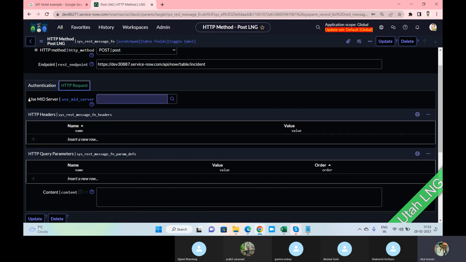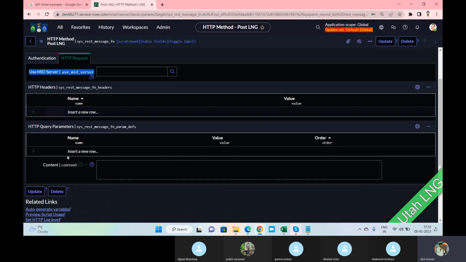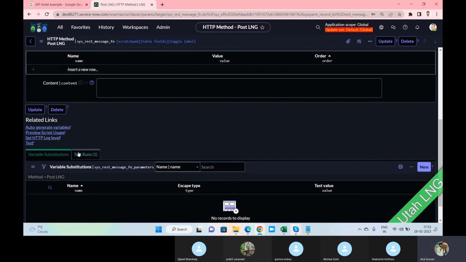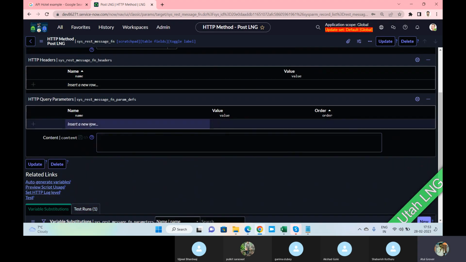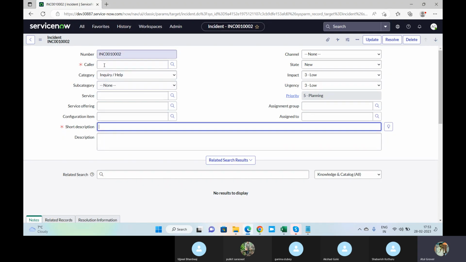Here you are seeing something called MID server. Just see this word as of now, but we will do the MID server tomorrow when we go for the ITOM discussion. And here I have to put the variables, that is, what variables I should send from my instance and should be copied to this one.